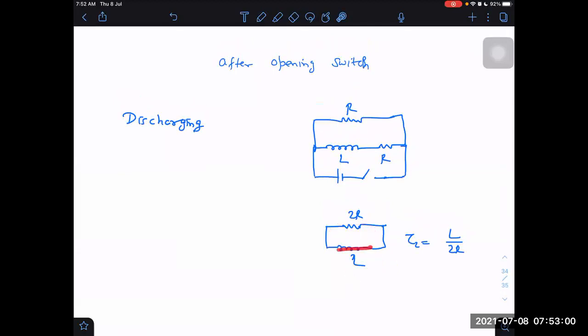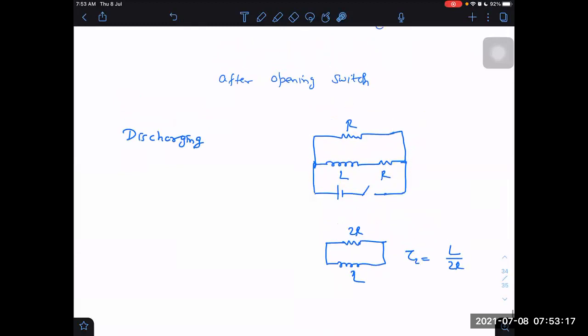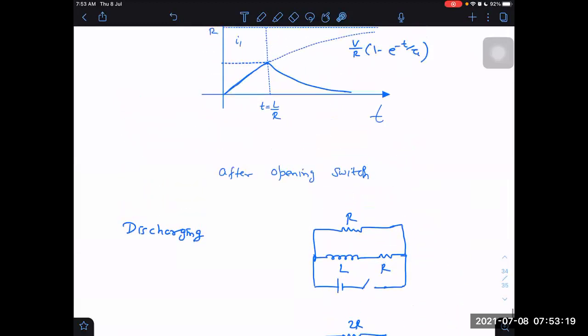Inductor has inertia of current. It will not let the current suddenly die. It can let the current suddenly die only in which cases? When an inductor comes in front of another inductor, then some sort of agreement is established, or we open the switch completely so that there is no path for the current to flow. Then also suddenly it will die, otherwise not. So in this particular example, it will be just gradually changing.